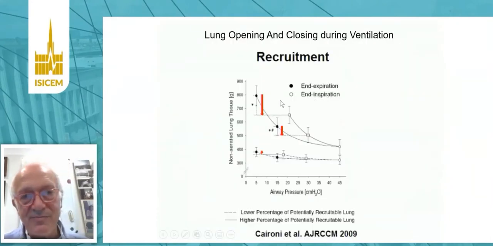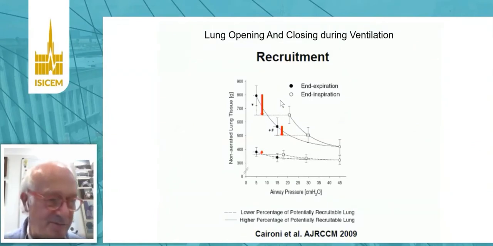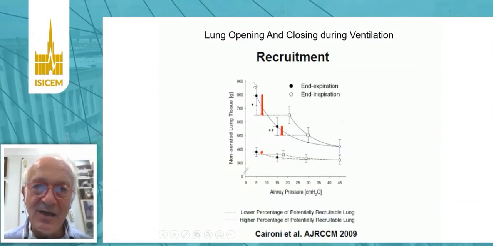This matches another important concept, which is the concept of atelectrauma. In this slide, you can see on the top a patient that is a good recruiter. It means that when he starts from 5 of PEEP and goes to 15 and goes to end inspiration at 20 of pressure, he opens up a big amount of lung,